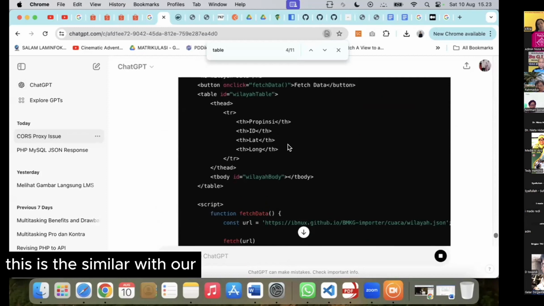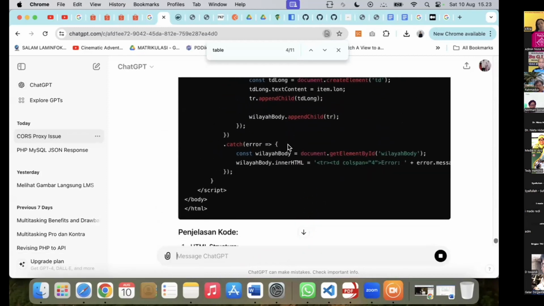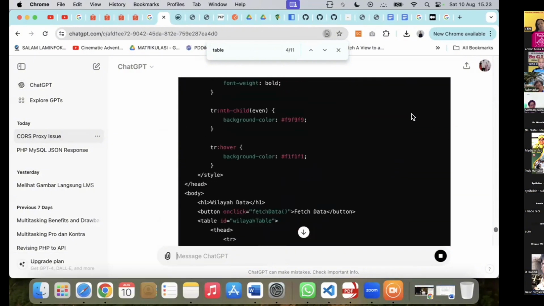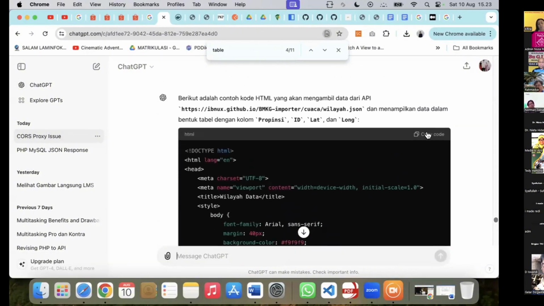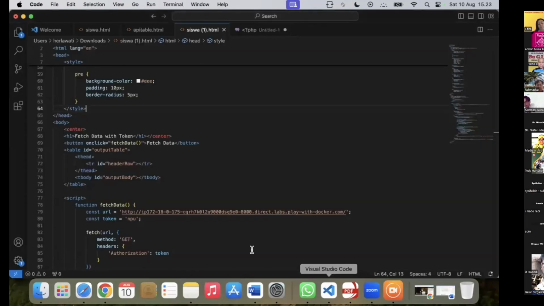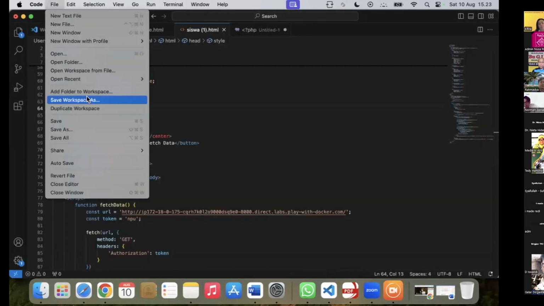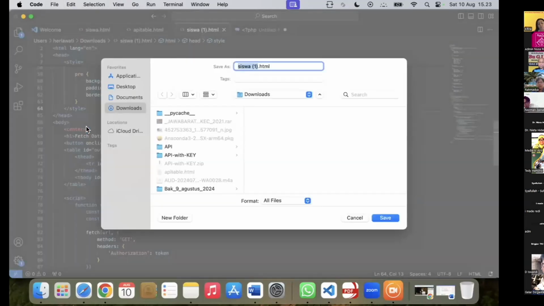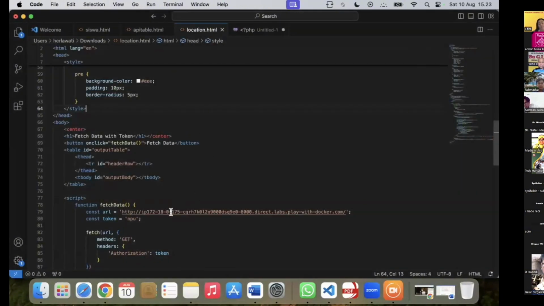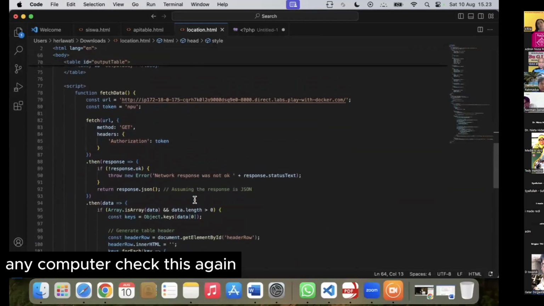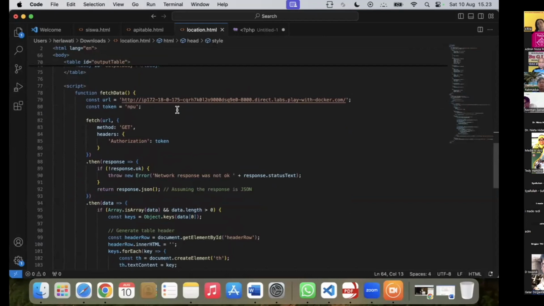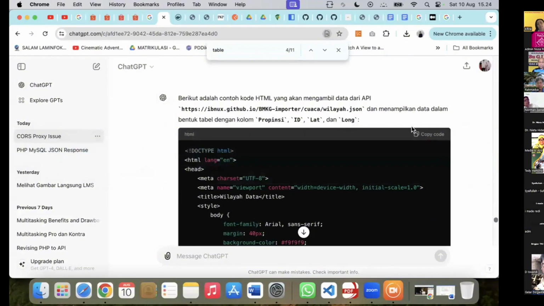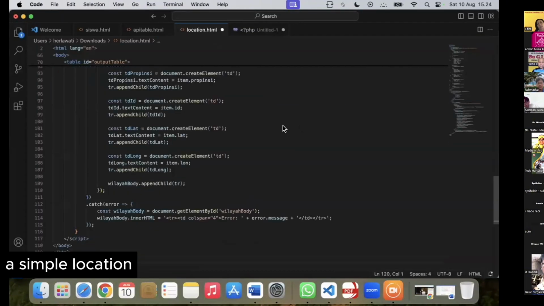This is similar to our lab session. They will create a table. There is ID, lat, long, provinsi, getting it from the API. Okay, we copy, we check, press again. Sample location.